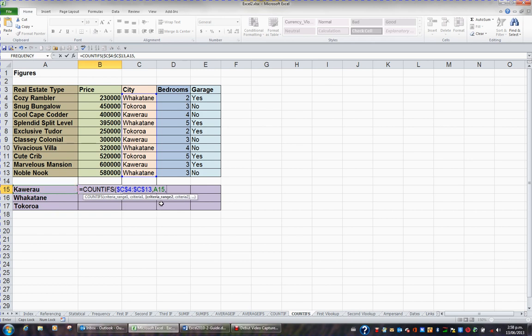The second criteria range are the list of bedrooms, so I'm going to highlight the cells D4 to D13, press the function key F4 to lock them in, and comma. The criteria 2, which goes with the criteria 2 range, is double quote greater than equal to 2, double quote,